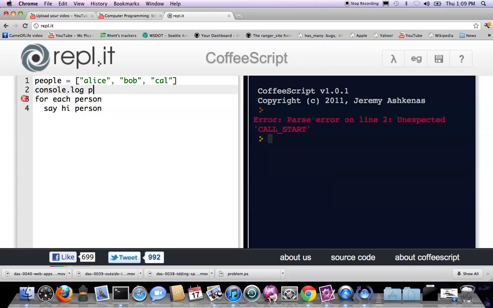I'm going to show you what people looks like, and then we talked earlier about commenting out code. So basically I'm making it so CoffeeScript ignores lines 3 and 4 because we haven't converted those to valid CoffeeScript yet. But what I have now should be a valid CoffeeScript program, and I'm going to try it by running. And sure enough, people is now an array that contains the elements Alice,